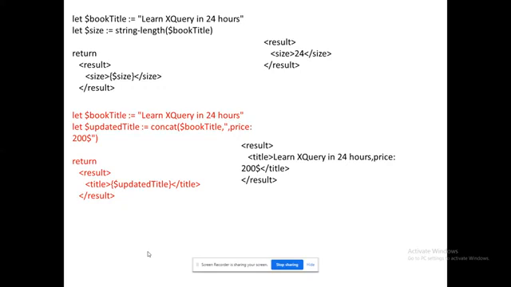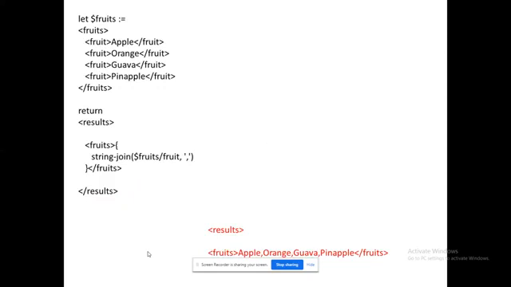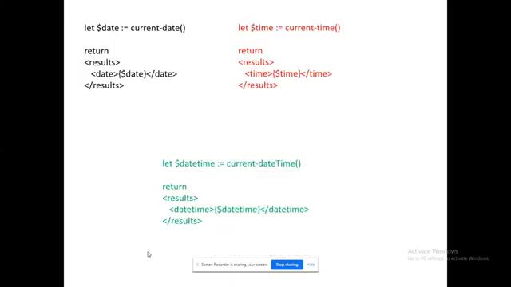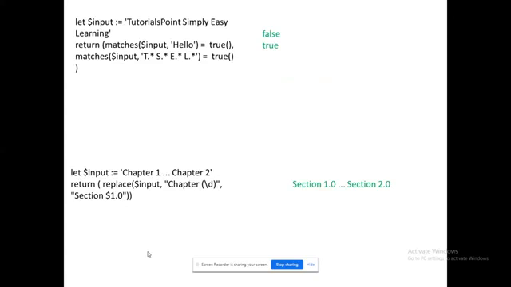Okay, so these two string functions will help us understand the usage of strings, and we have one more function called tokenize. Tokenize will also help us move further. It will find the individual keywords in that. That's what tokenize will do. Here is string join, the same join functionality that we use in Java. Then current date and current time: the black color program retrieves the current date, the red color program retrieves the current time, and both date and time are retrieved using the green color tag. Okay, so that's the interesting thing.